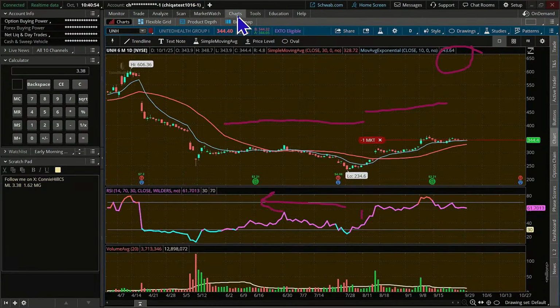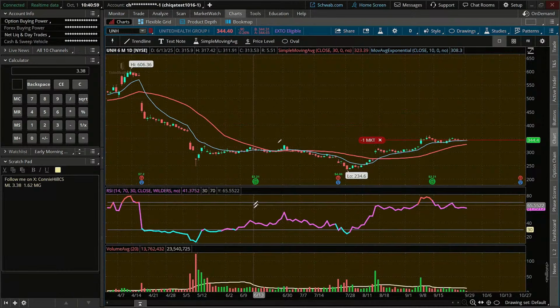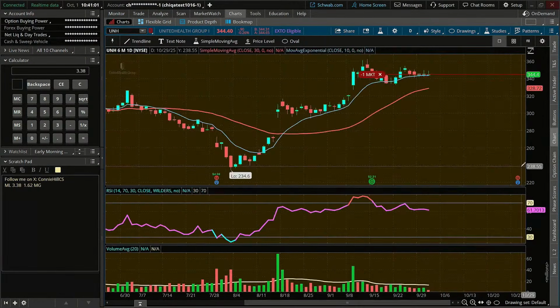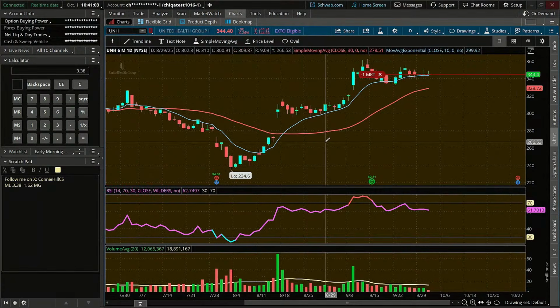All right, their technical analysis. Let's get rid of those drawings here. On UNH, when this trade was entered into, it was looking fairly bullish, right? They had a really interesting earnings report and gapped up.